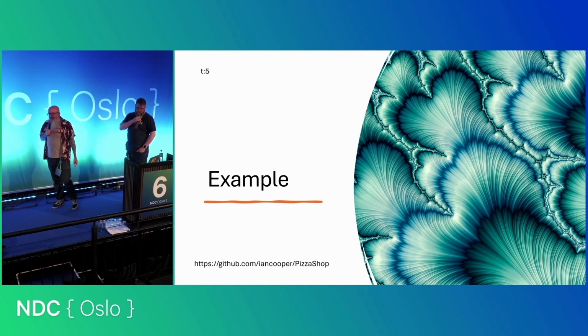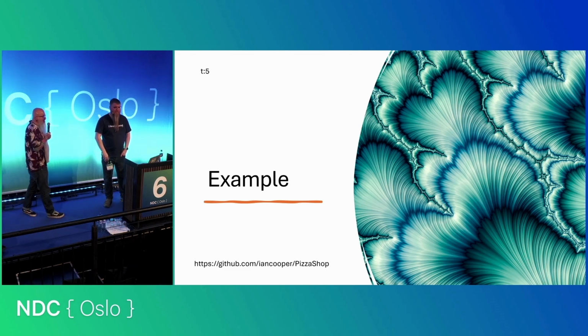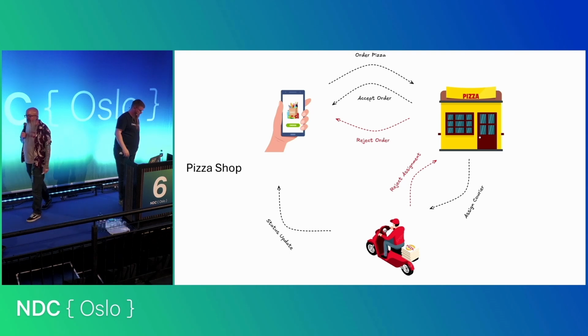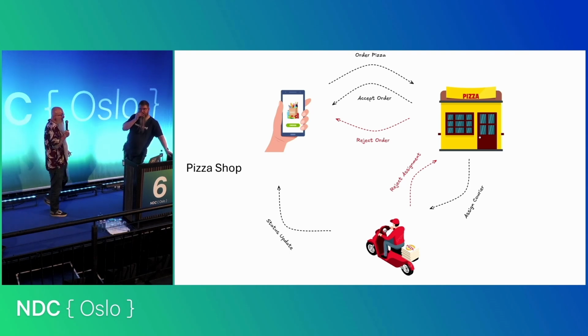So what's the example? You can find the example on my GitHub. There's a load of .NET code there that will run through it. What we're trying to do is a very simple example. So we're trying to show you a pizza shop. Everyone in messaging seems to be using pizza shops at the minute. Narrator, it wasn't simple. Yeah, true.